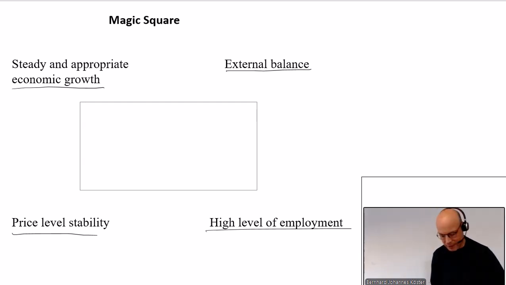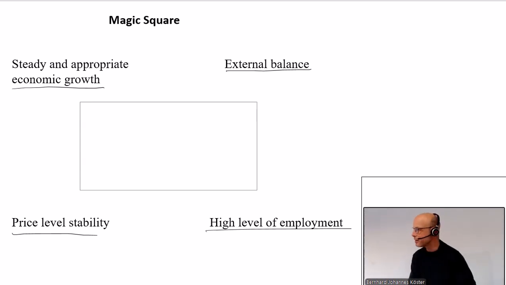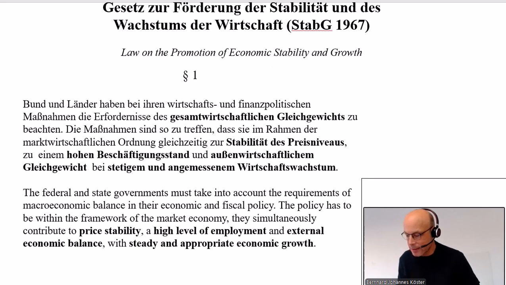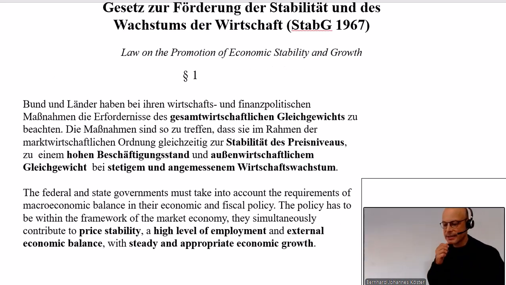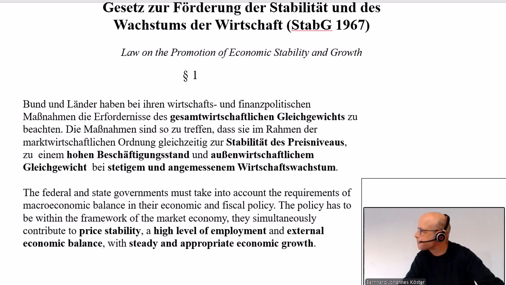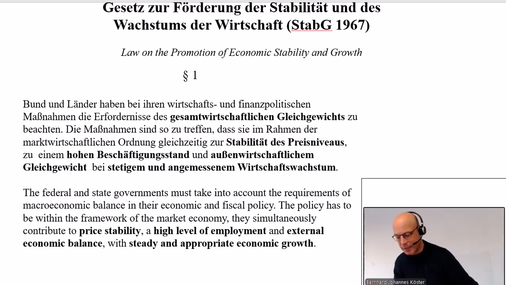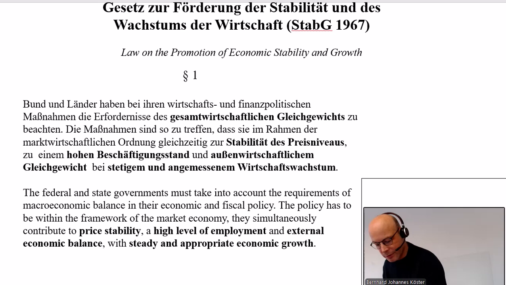We will go into this in more detail later on because this is quite specific for the economic policy in Germany, because in Germany we have also the specific situation that we find this system also within a law. This you don't find in other countries. And this I will give you on the next slide. In the 1960s, we established the so-called Law for Stability and Growth.